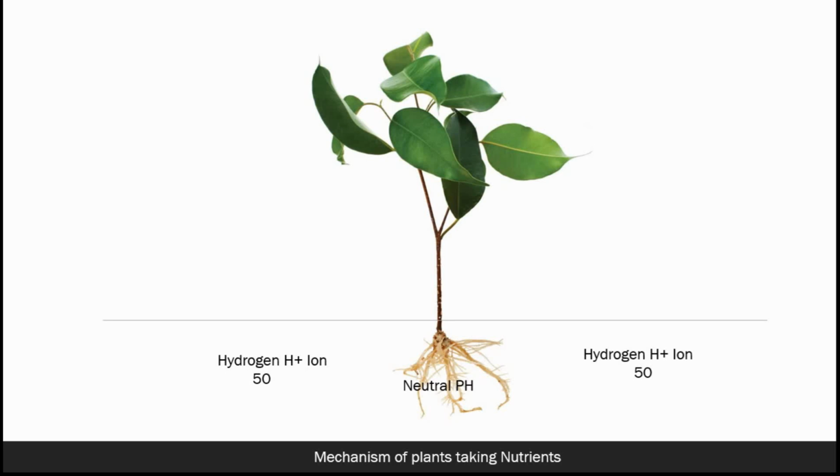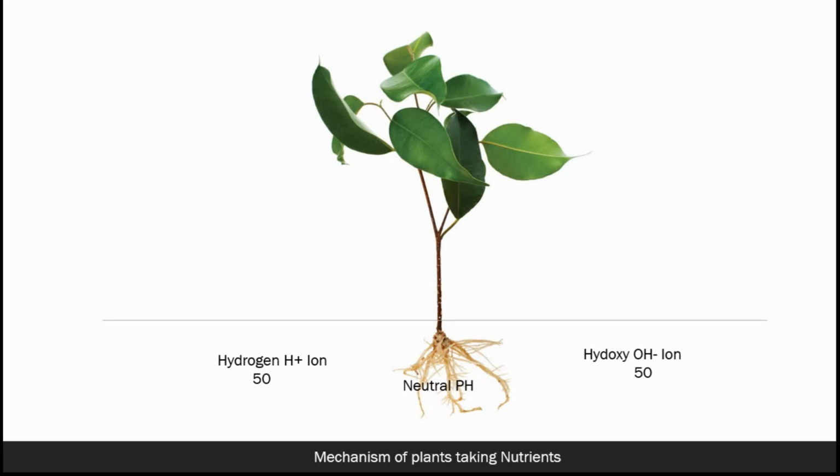Now, as plants, they have two parts. One is stem and one is root. The roots, they are always neutral in pH. So it's just an example here. Don't take it otherwise that if I'm showing this, it is this much only. It's not like that. So in case, if the roots have at initial level, when we are giving nutrients to the roots, they are actually at neutral pH.